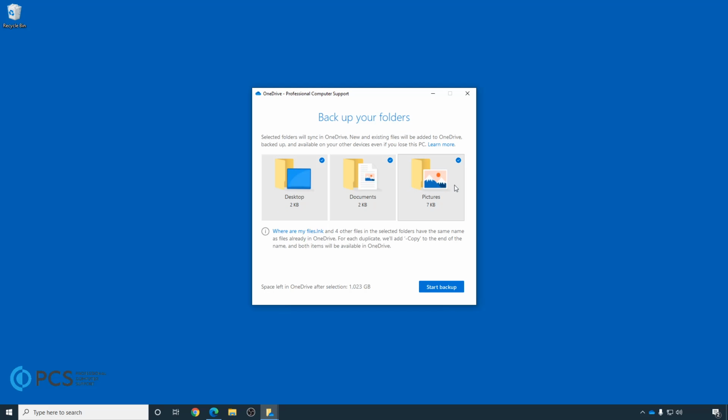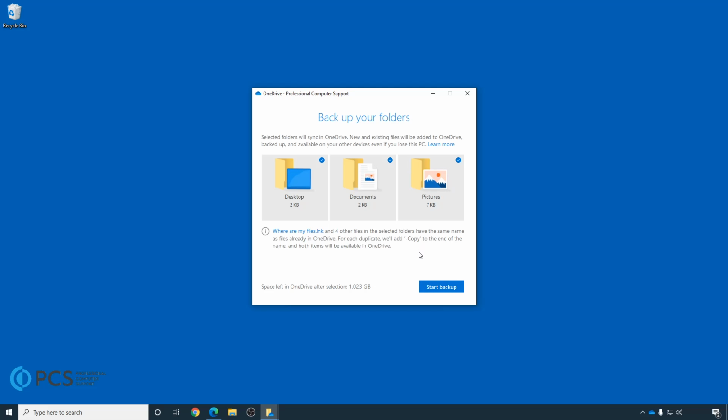Essentially, it's just going to pre-select these files. You don't have to worry too much about it. You can just hit Start Backup. There is a possibility that you might have some technical trouble with this step. If you do, please give our help desk a call, as there may be a system in place that will cause some issues. But before hitting the Start Backup button,